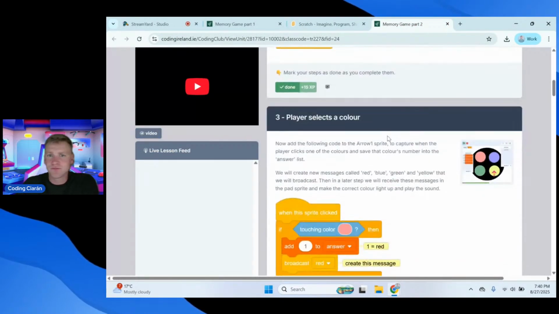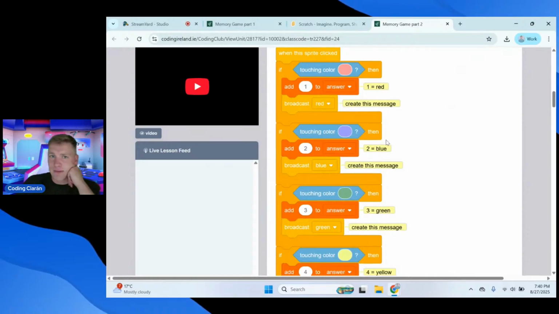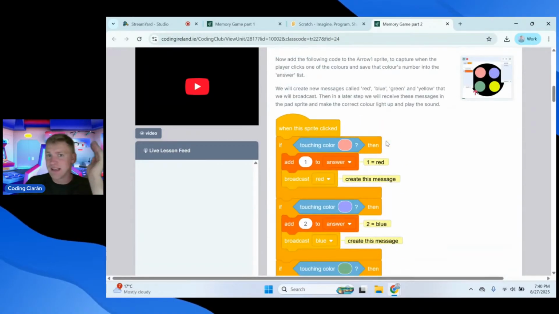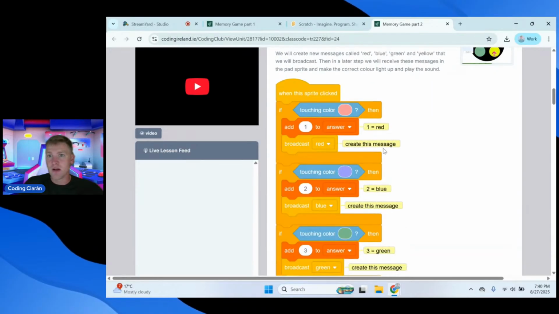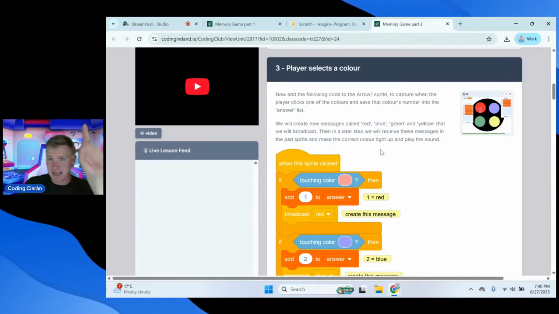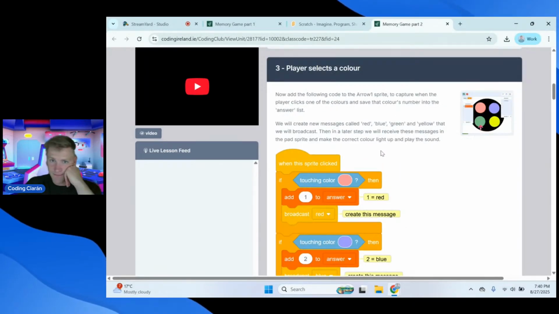Okay, so that step is, guys, if you need a step to pause, that's fine. Pause the video. Now we have to do a little bit of code, and it looks more complicated than it is. Same as everything, it looks more complicated than it is. Basically, we want this sprite to be able to select buttons. So we want to say,